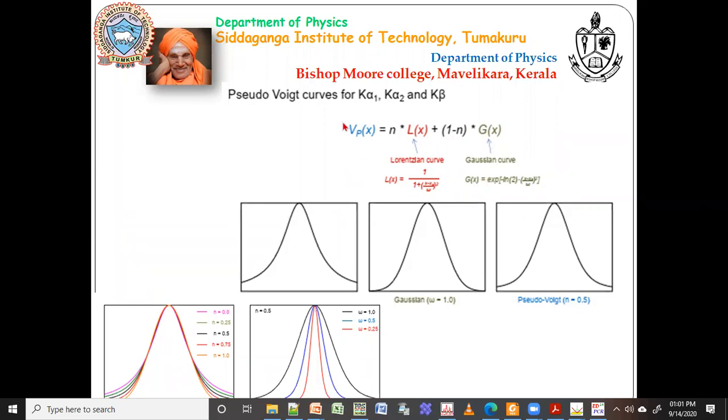That is why I ask you to go for high-end peak shape functions. You can do it with Gaussian, you can do it with Lorentzian, but again it will be time consuming, so you may not get a good fit in one shot. As you are starting, I would prefer to use the high-end profile.